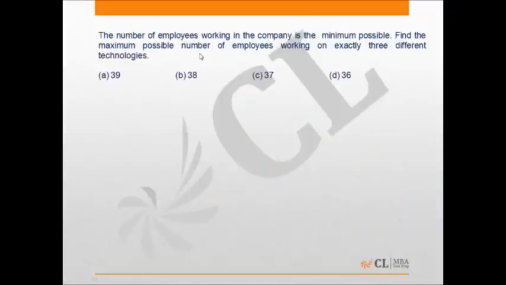Let's move to the last question. The number of employees working in the company is the minimum possible. Find the maximum possible number of employees working on exactly 3 different technologies. So again in this case the total number of employees is 46